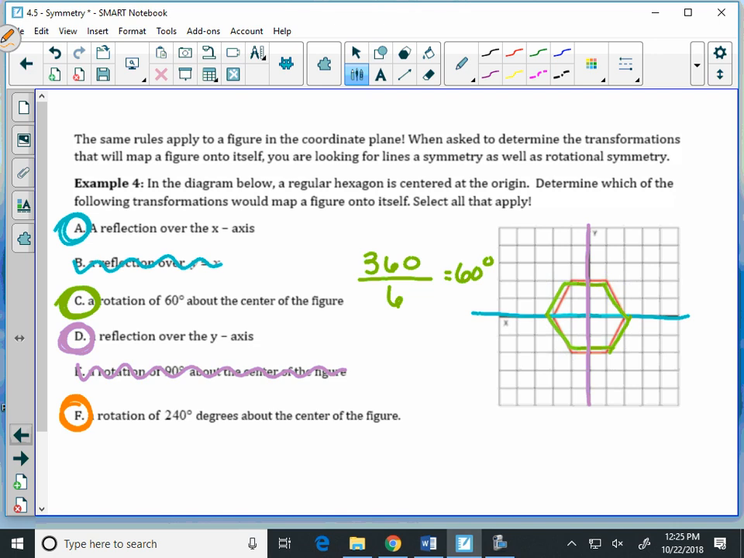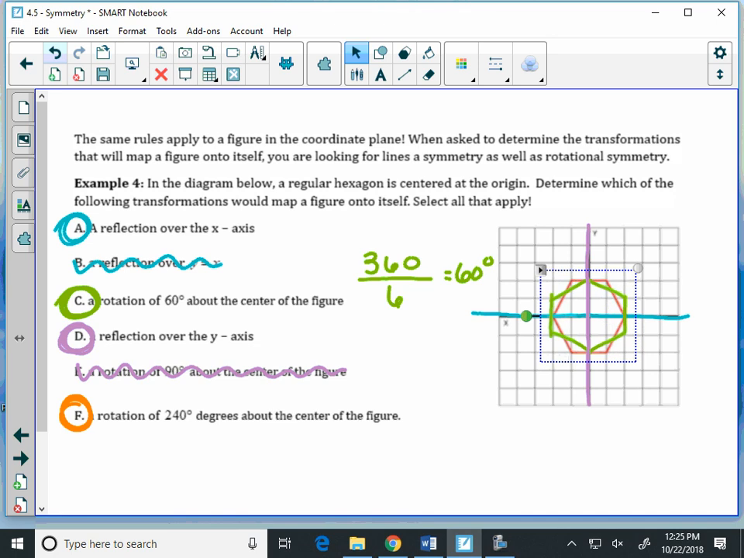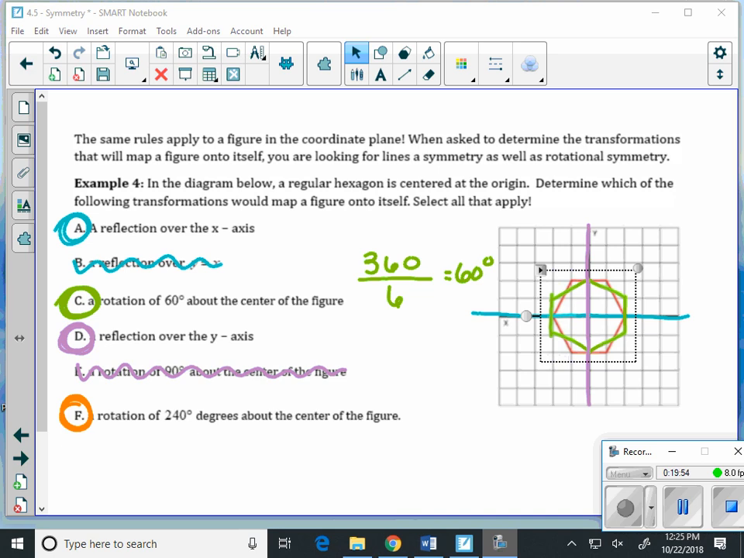The reason why 90 didn't work is that the angle of rotation doesn't go into 90 evenly. This is what a 90-degree rotation would be. Oh, nope, that's not what I wanted. Go back to the beginning. This is a 90-degree rotation right there. It did not map onto itself. So these 4 transformations would map that figure onto itself. So the lines of symmetry go with the angle of rotation. Questions over that? Okay. We're going to say that last example